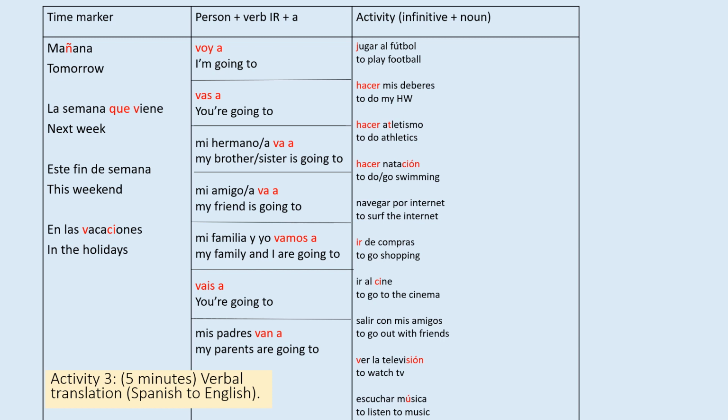So you will need to listen to my phrase in Spanish, and then you're going to pause your video and write down that sentence in English only in your books. I'll say the Spanish phrase 2 times, but if you need to listen to it again, you can always rewind and then go back again and listen.